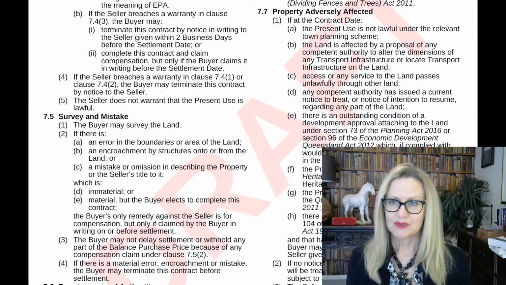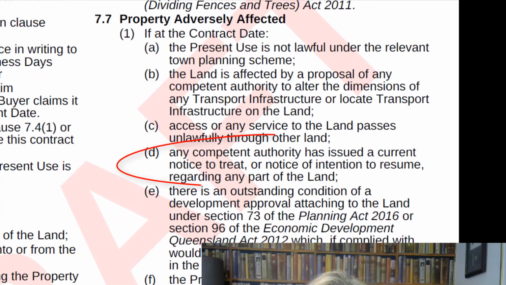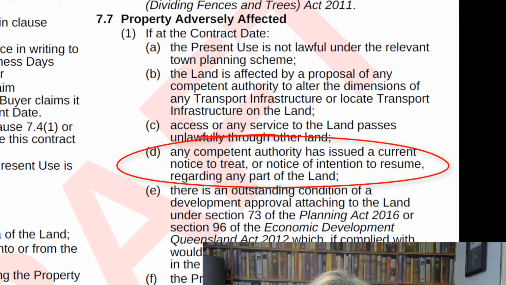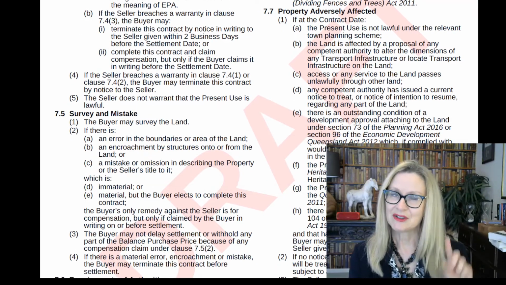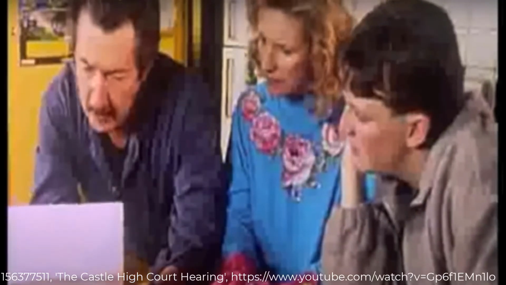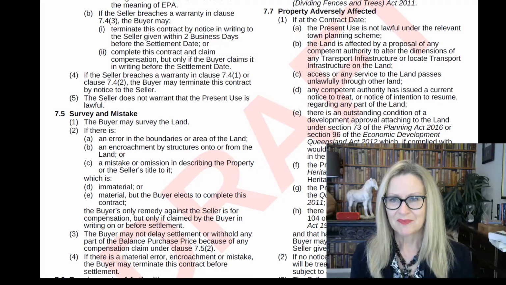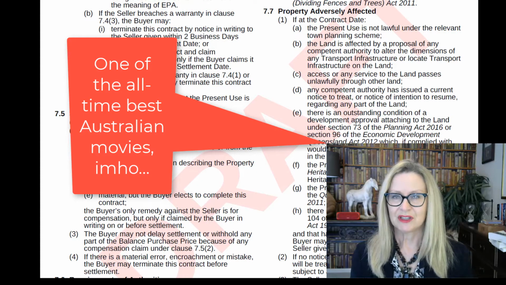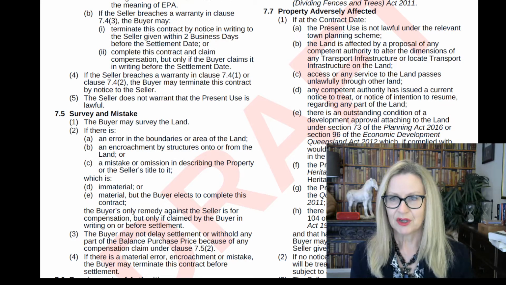7.71d deals with resumptions, and this is a big one. Obviously, as a buyer, you don't want to purchase the property and then find out that it's been subject to a notice to resume. Calls to mind the Castle movie, doesn't it? And they're going to take our place and we don't get a say in it. You really don't want to be entering into that kind of a scenario. So you can exit under